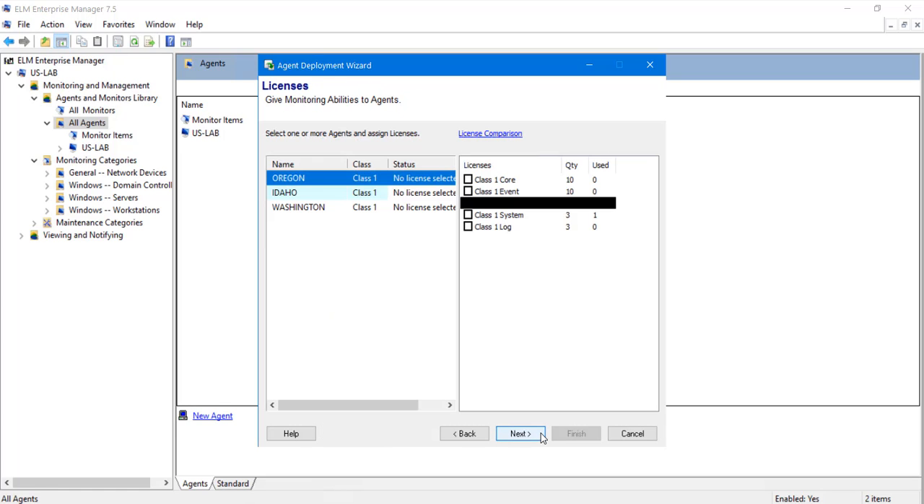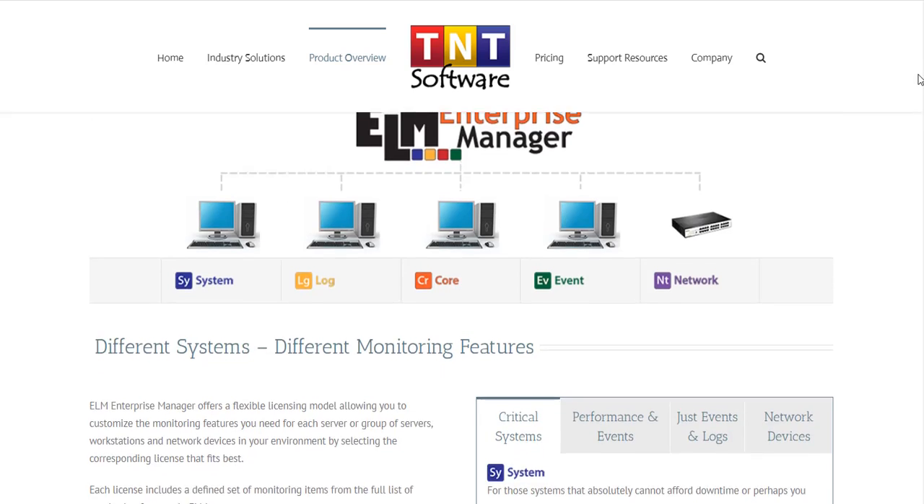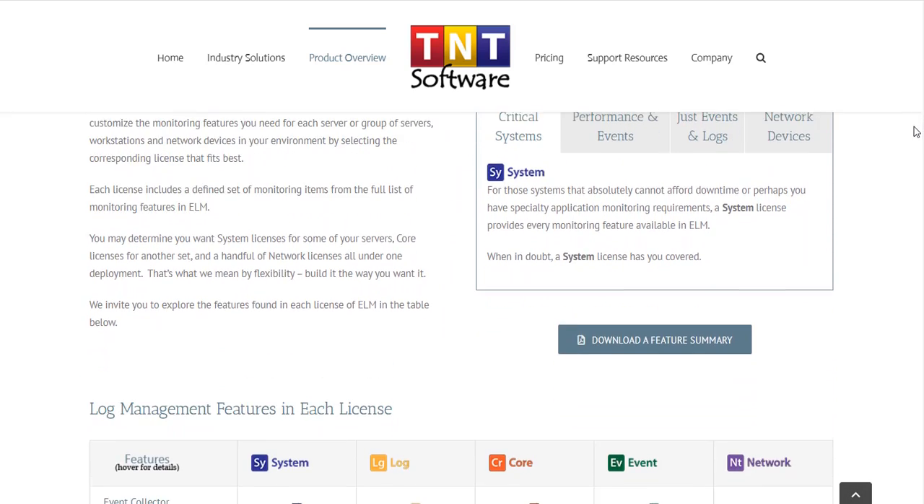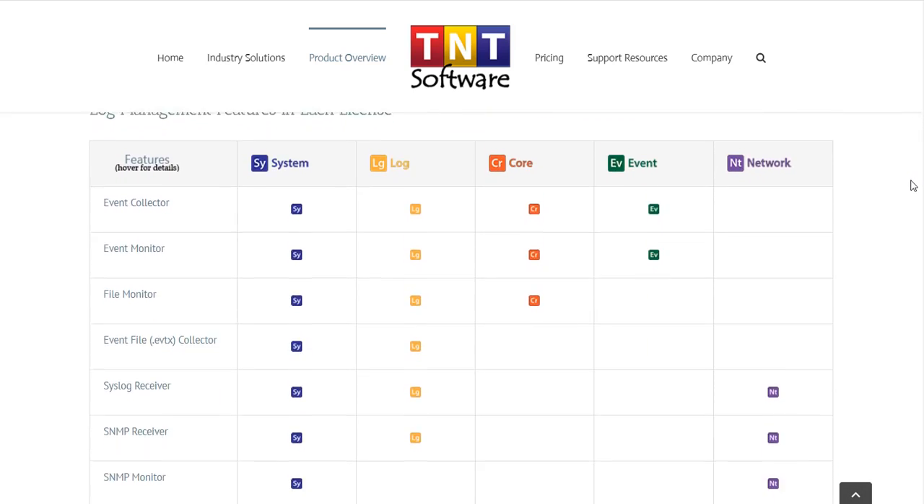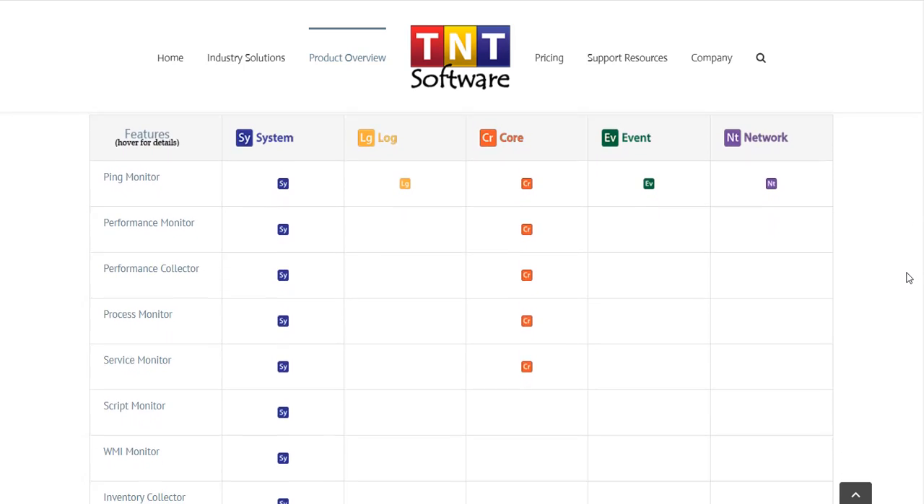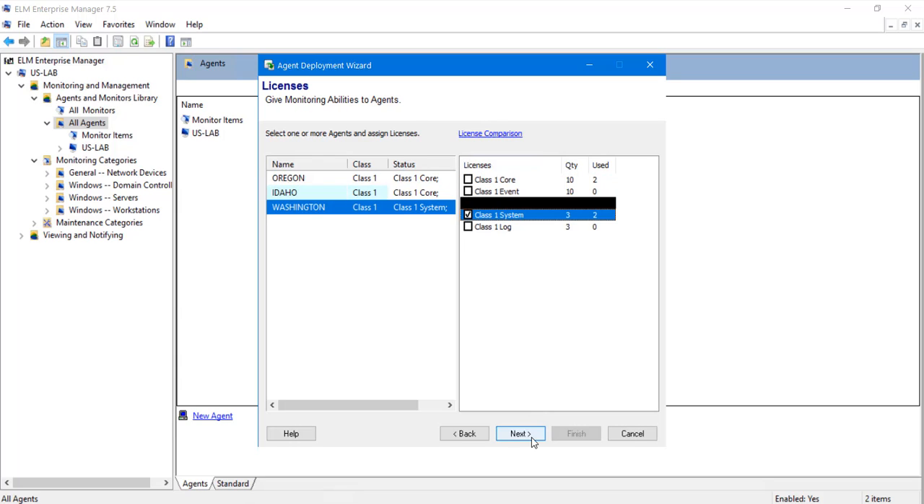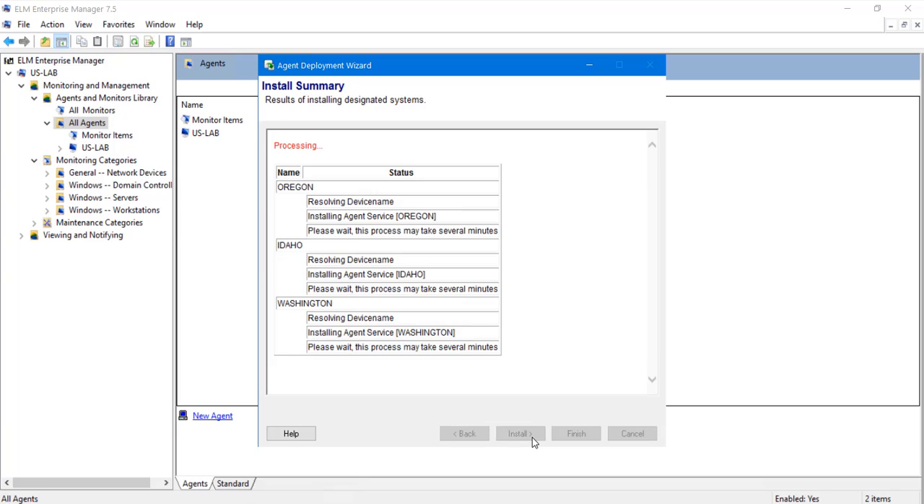Next, we'll select the type of license we want to install on each of these systems. ELM comes with 5 different license types, which can be mixed and matched depending on your need. Each license includes different monitoring features so that you can custom configure ELM to match your needs as well as your budget. In this case, we will go ahead and select Core and System License for our evaluation purposes, which